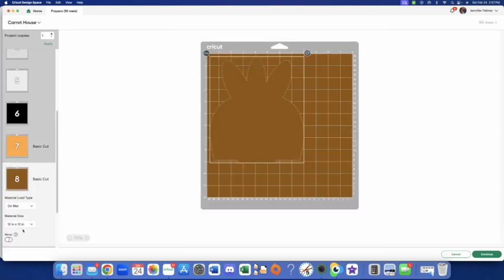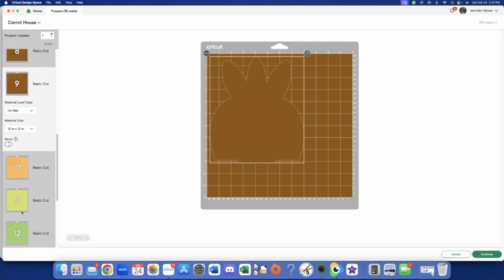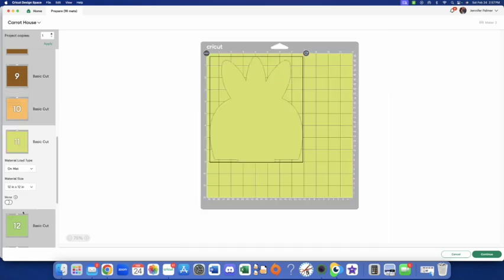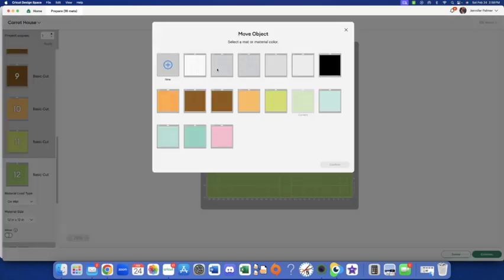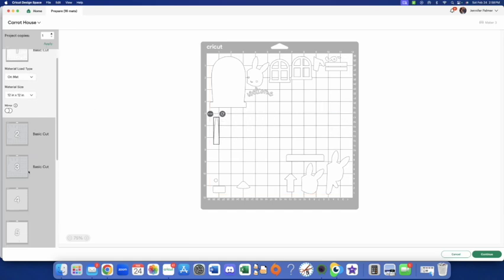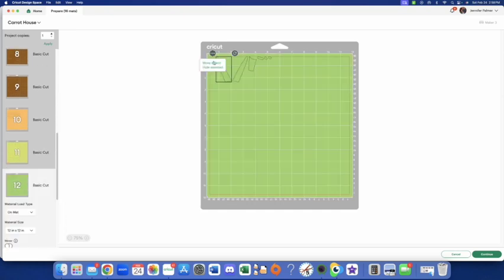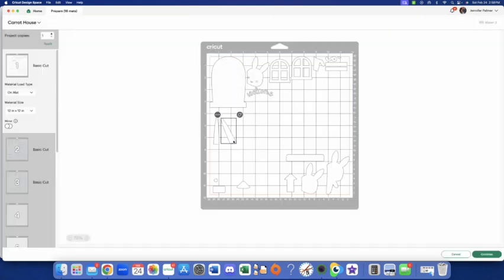That piece is fine. This is our chipboard, and it will be lightweight chipboard, so super easy to cut. Our orange stripes, because we do want them a different color, we're going to leave those alone. I'm going to leave that one alone, of course. These guys, I'm going to go ahead and move as well back to this first mat, because I will cut those most likely out of a scrap of green Petite Prints. And then we're just going to continue on